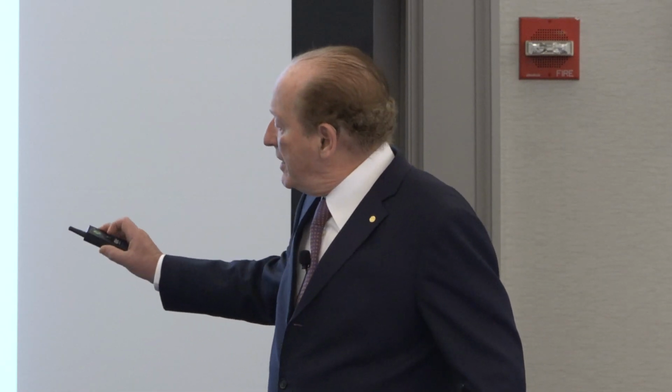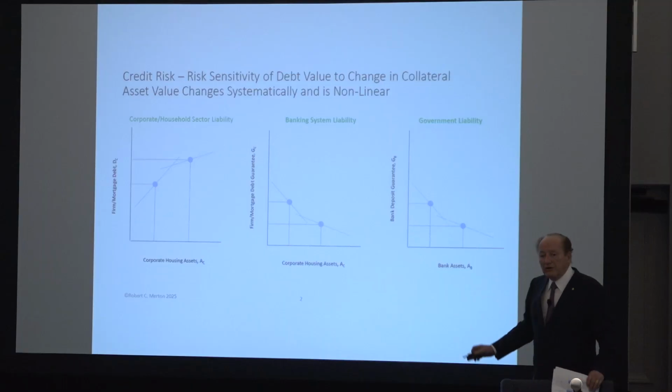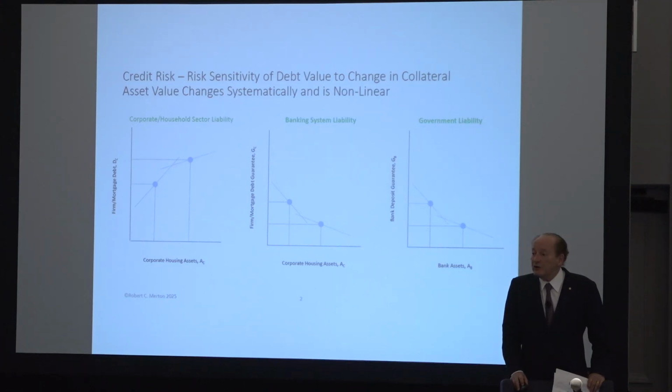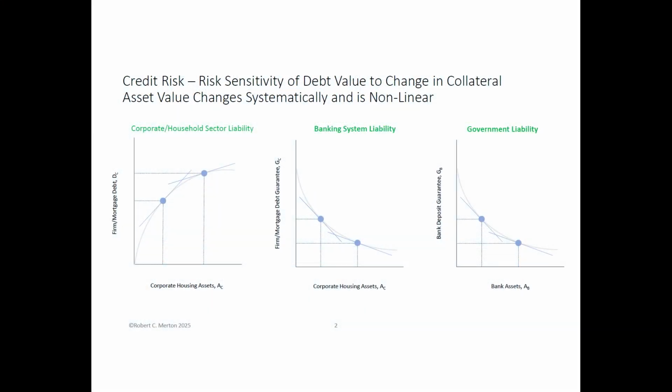What I want you to see is that this idea of just looking at historical default rates is history. That depends on where you were at the time when you took the observation. This is where you are now. You were here, now you're here. That's the important point. It's where you actually are, not where things were historically. It's nonlinear. You can't just use historical fits, regressions, and so forth to answer it. And it's very insidious, because you say, well, it's the same bond I had yesterday. More or less, it has the same risk. Answer, not necessarily. Because as you can see, if the assets go down, the risk goes up.